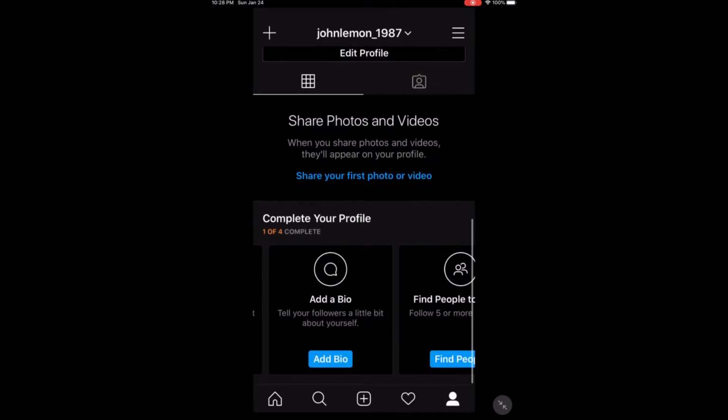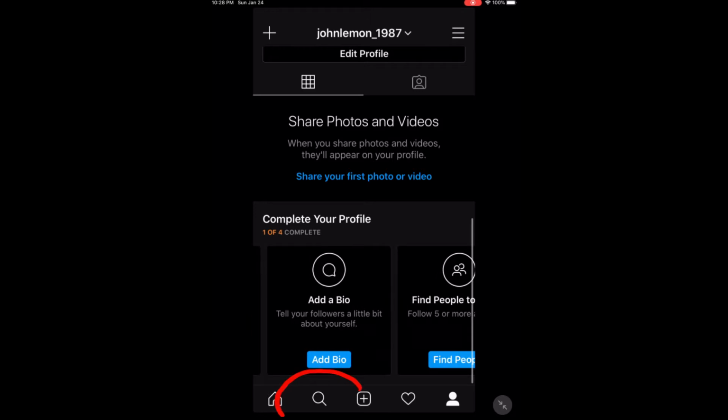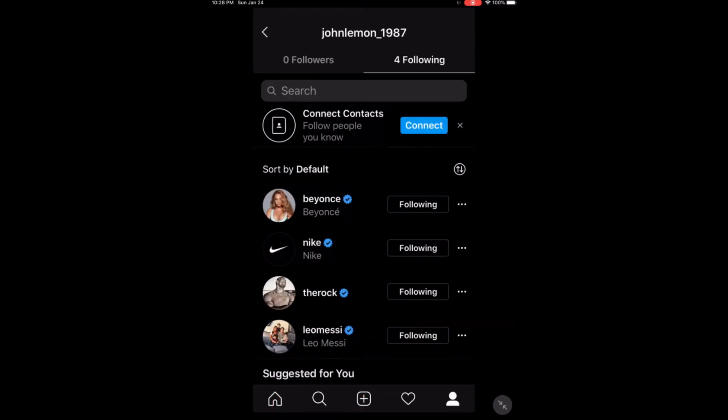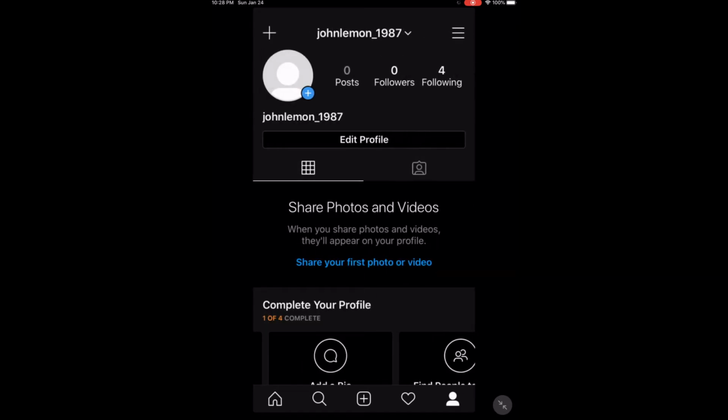You'll see on the bottom of the screen a magnifying glass. This is the search engine where we can search for different accounts to follow. This is where we can also search something called a hashtag, which people use to mark their posts and connect it to other posts that are marked with the same hashtag. For example, if you have a picture of a cat and you hashtag in your description cats, then it will connect that photo to all the other photos that have the hashtag cats.